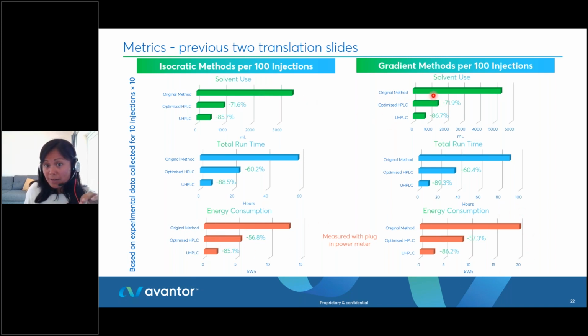So for all of these bar graphs, we've got the original method, which takes the most or is the longest bar graph. We've got that optimized HPLC column selection decision, and you can see it's significantly lower than the original method. And the smallest is always going to be for that reduced column format UHPLC column choice, which you can see is the smallest bar graph for all of these. This is based on experimental data for 10 repeated injections, and we simply multiplied that by 10